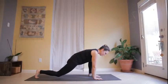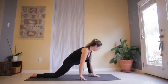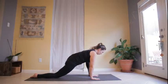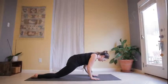So if you want to deepen into the hip opening, you can walk that right hip back and maybe allow that left knee to splay open a little bit, or you can keep that left knee tucked right into that left arm. When you've found your posture, pull the right hip forward, left hip back. Pull the heart through the shoulders, inhale, lengthen through the spine, and then exhale, begin to melt forward,